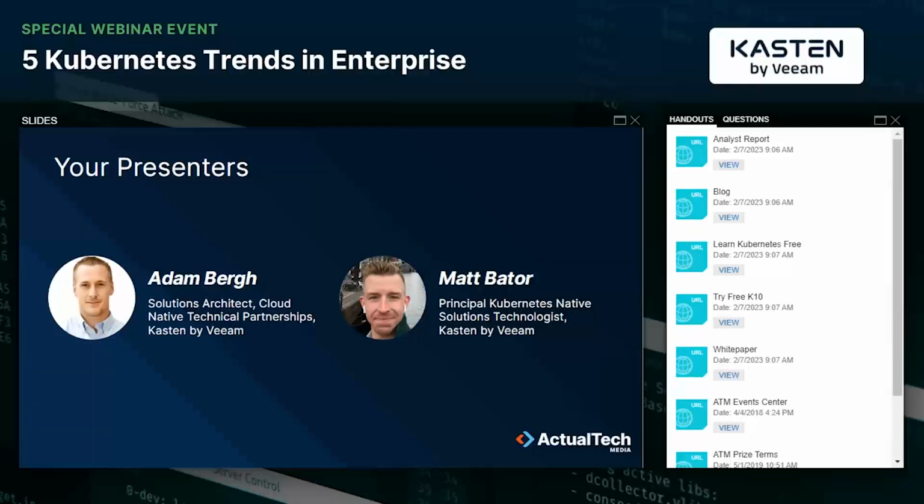And then the other one is the skills gap. We touched on it in our trend number 5. The skills gap around Kubernetes is real. Organizations are finally getting the idea that they can't just hire external experts. They're going to have to retrain their existing staff, right, in cloud native, in Kubernetes. It's time to really invest in your teams and your staff to retrain them to be ready for the next